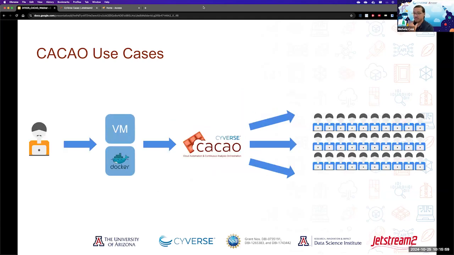And I have to put it down in a very simple workflow. You would, from the left to the right, create the workshop virtual machines and the necessary Docker containers, run them through CACAO, and instead of having the students or the learners have to install all of these, you can just say, hey, I have something ready for you. Please go ahead and access it through these credentials. Oh, by the way, I made all of this through CACAO. It's this amazing tool that I have discovered and made available for you.